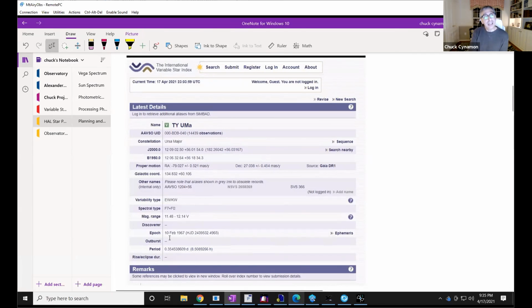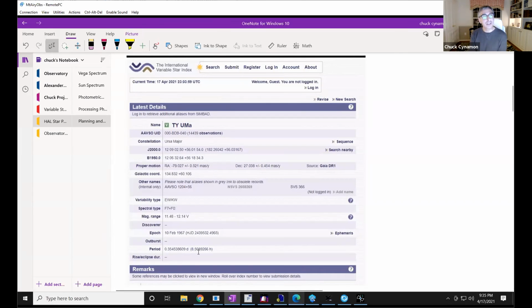In this case, the epoch was last updated in VSX in 1967. So it became of interest to me whether this epoch is still correct. The data collected back then was probably from a ground-based survey. And now, in the age of satellites, large ground-based telescopes, and even CCD cameras, how accurate is the epoch in this database?